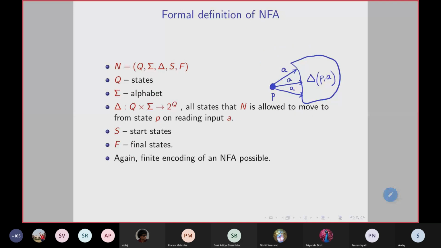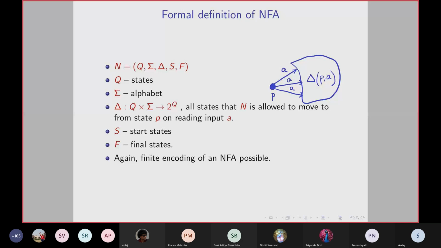Now the transitions I define by capital delta. So delta is a map from Q. So now delta you can think of as the following. It's a map or it's a function. No, it's not a function. So delta